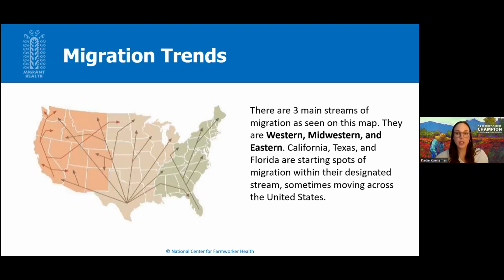The first is restricted circuit mobility. These ag workers follow crops in one area and are centered around a home base. They move to work, but they come home frequently. And these are our seasonal workers. 87% of ag workers are seasonal, and they work within roughly 75 miles from home. There's a lot less trans-border crossing in this population and more workers engaged in other industries in the off-season.